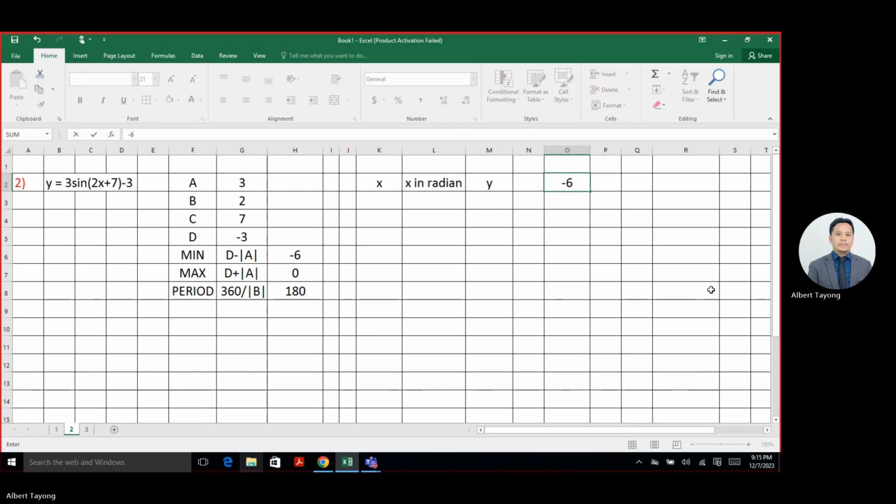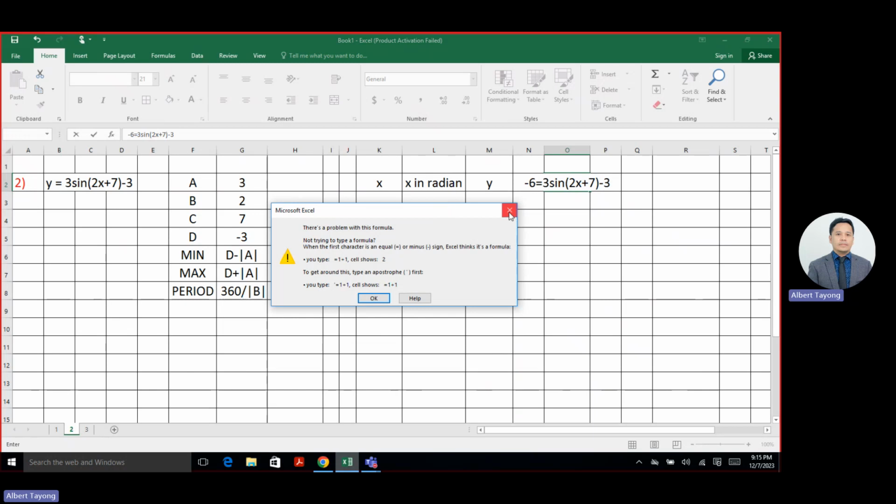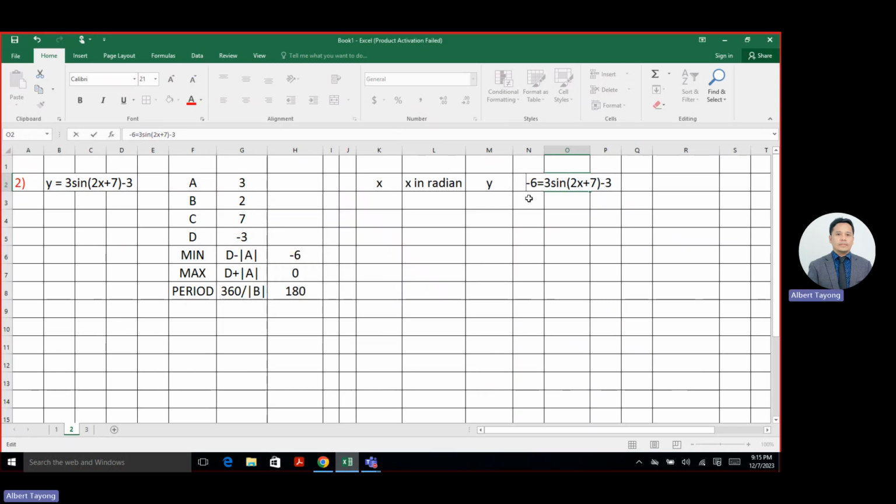-6 equals, using the function, we have 3 sine 2x plus 7 minus 3. So we have to put a space here so we can write. So our y changed to the minimum, so -6 equals the whole expression on the right. So that will become -9 equals 3 sine 2x plus 7,